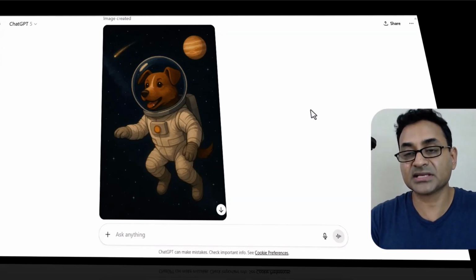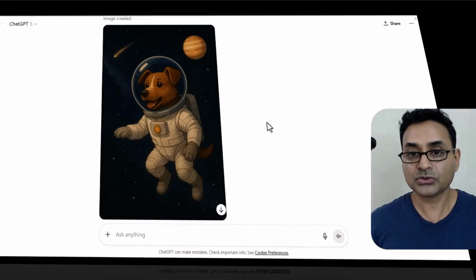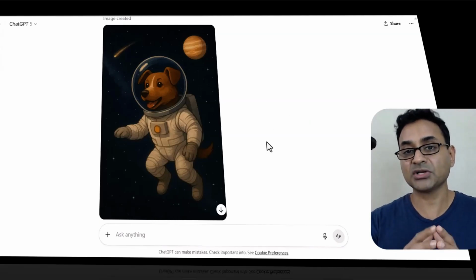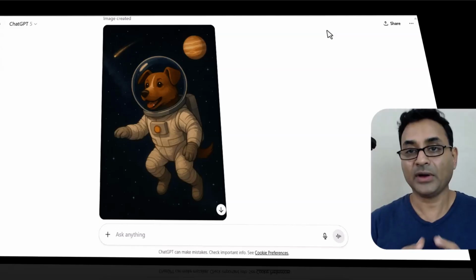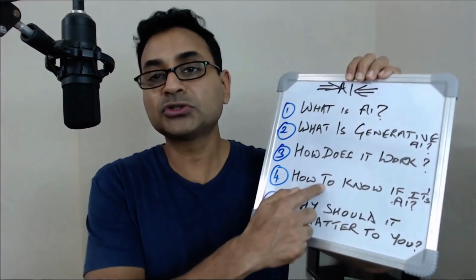Think of it like the cake itself. Sometimes you might put a little more extra sugar or extra salt, etc. So that's how ChatGPT works. It is creating on the go, or any other LLM model. That's how they work. Now that brings us to a fourth topic, which is how do you know what's real and what's AI? Now let me show you a few images and let's talk about it.